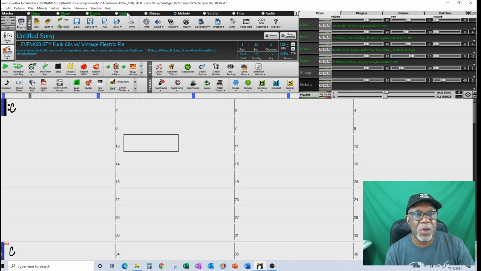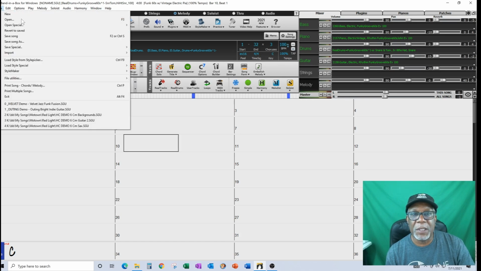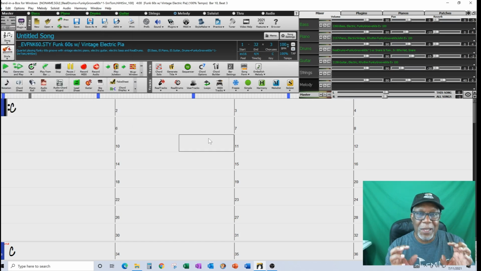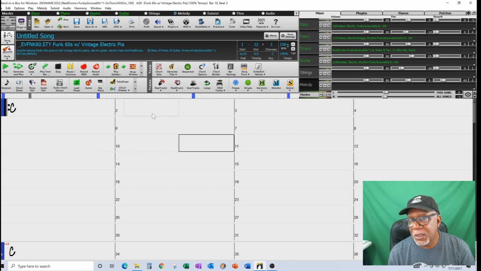And I've shown you, and of course, you need your file menu. That's what you need. Now, lastly, what you do, whether you read music or not. This is for people who don't read, because if you read music, then you already know what chords you want to put in starting at bar 1 and so on and so forth, right? But if you don't read and you just want to hear some styles, something that you might can adapt, then